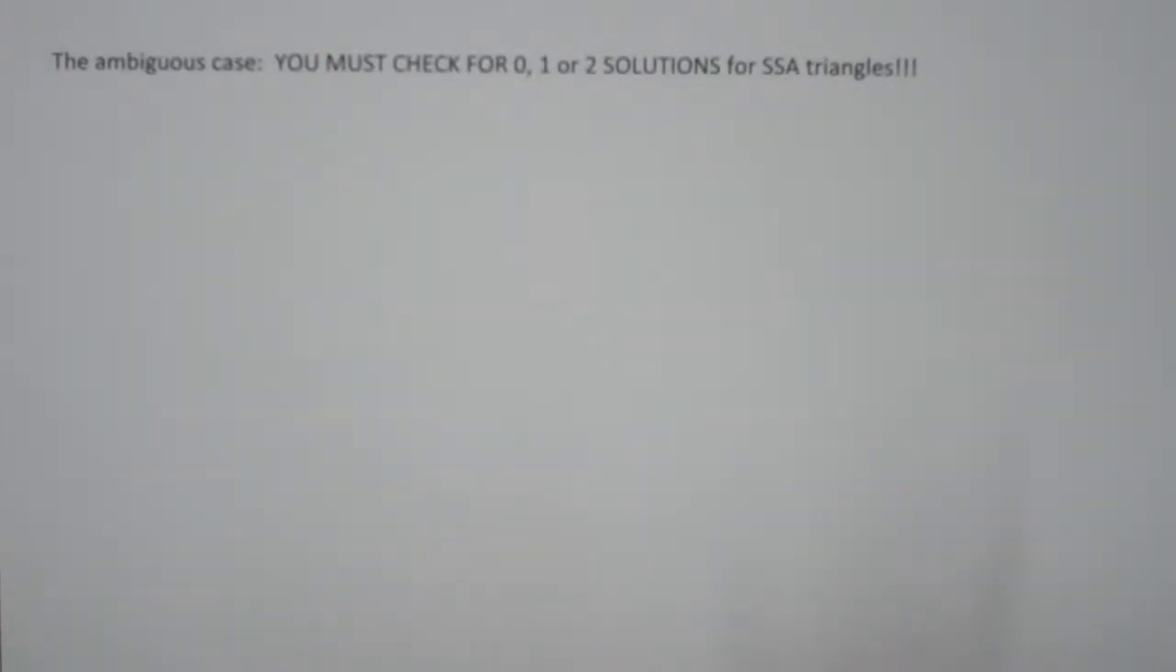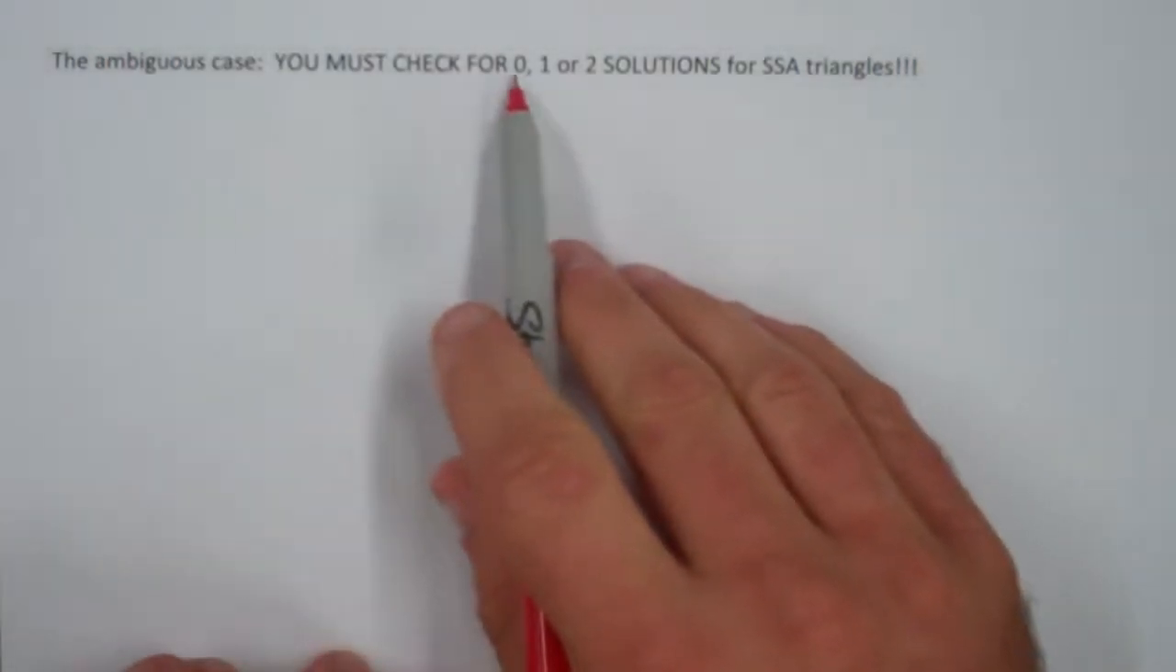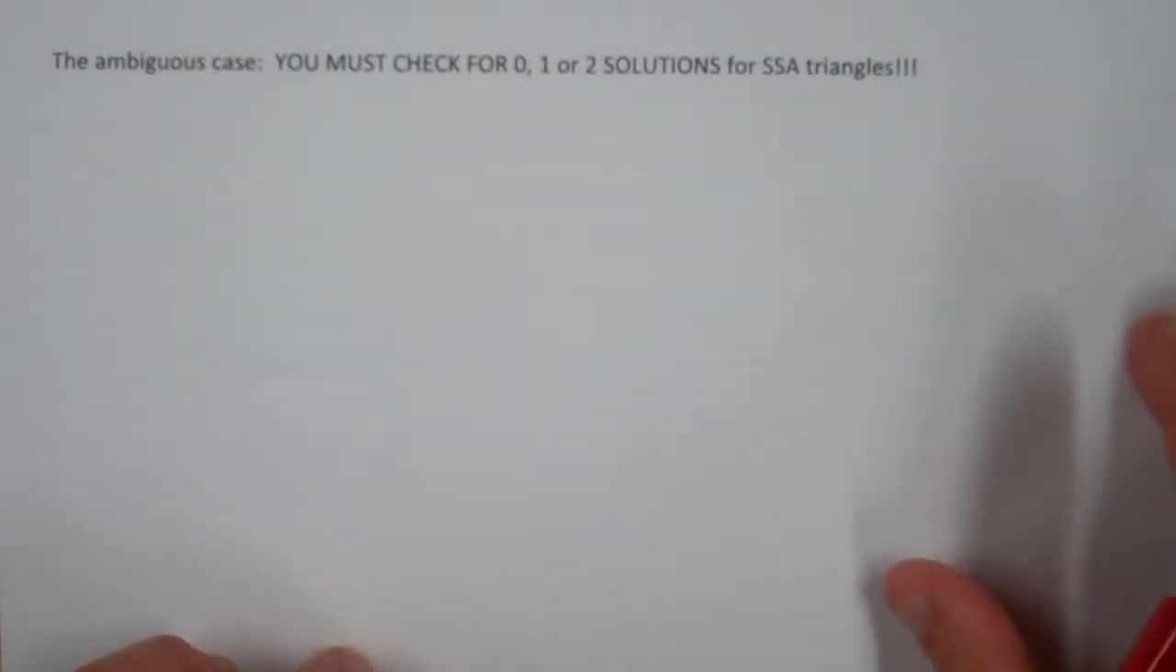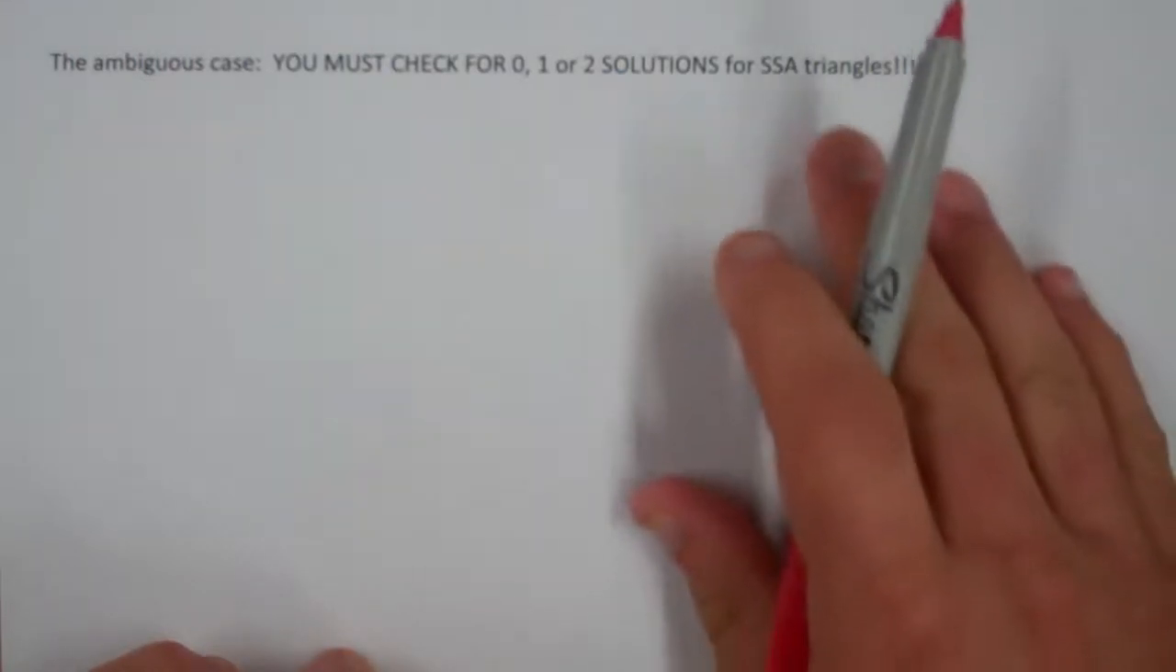In this video, we're going to be discussing the ambiguous case for side-side-angle triangles, or some of you know these as angle-side-side triangles. Either one is fine, just reversing the order there. However you want to remember it, you must check for 0, 1, or 2 solutions for those side-side-angle or angle-side-side triangles. The other ones you don't need to do that for, but these ones you do,